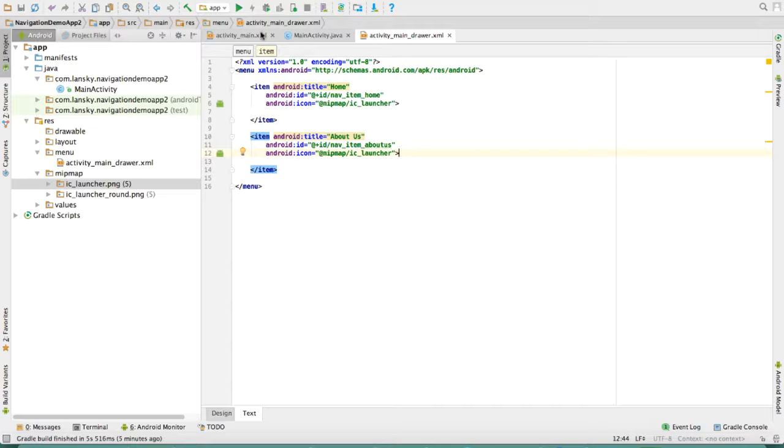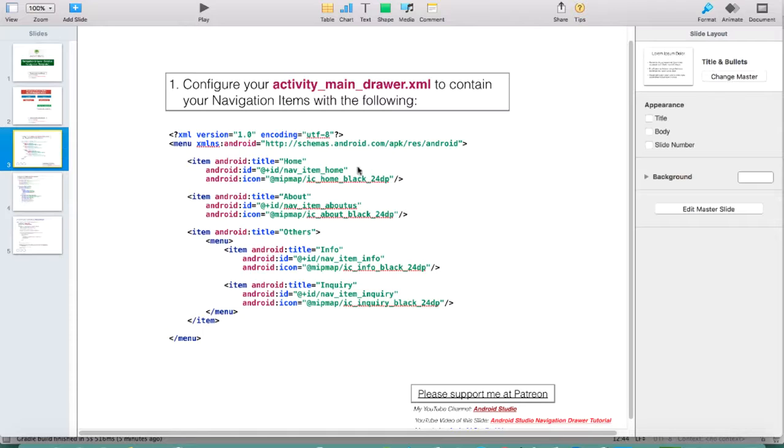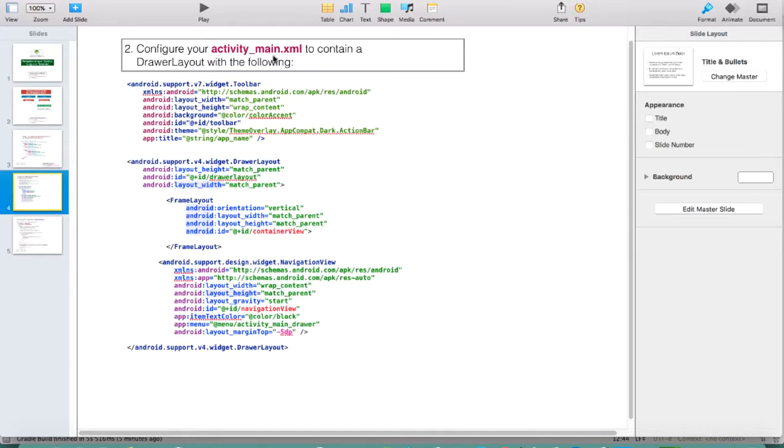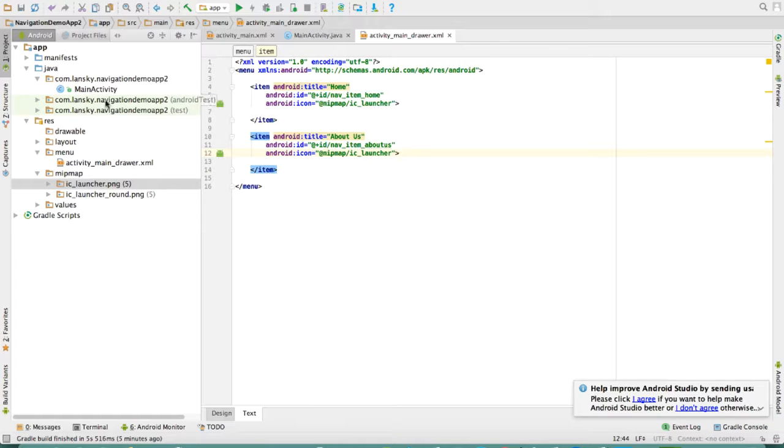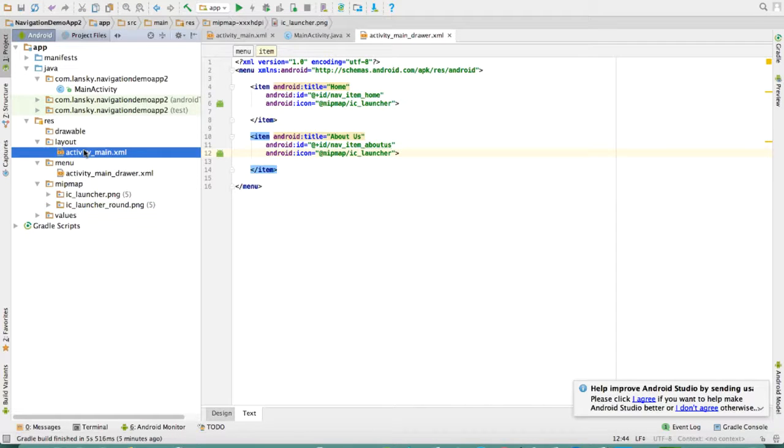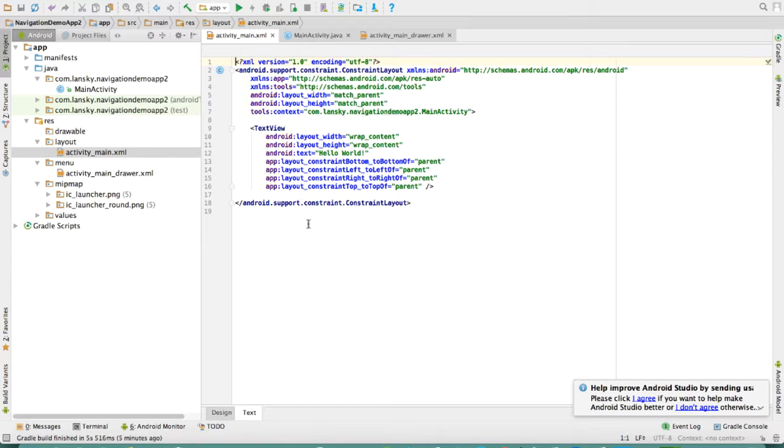So we're not gonna see this at first because we have not yet configured the other items. So in our steps, of course the first step is your drawer.xml to provide the navigation items. We have done this already. We now go to the layout for our activity. So of course we should have a toolbar. So this is the layout. So within that,